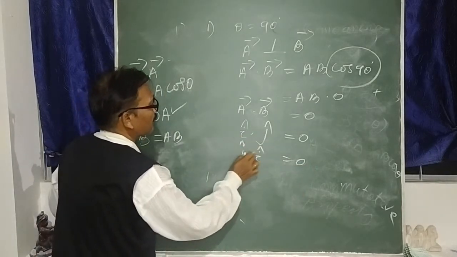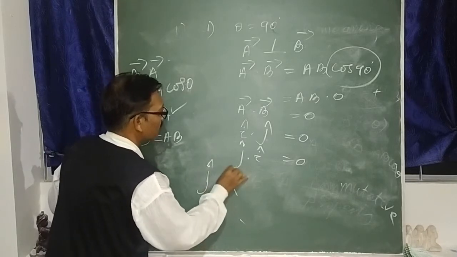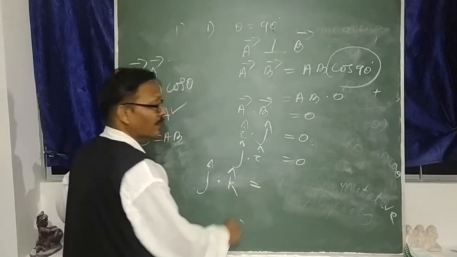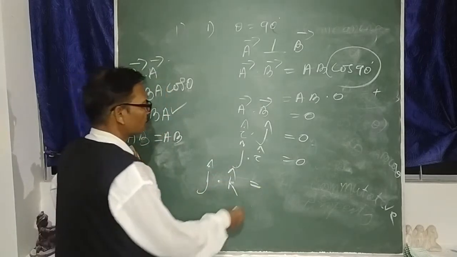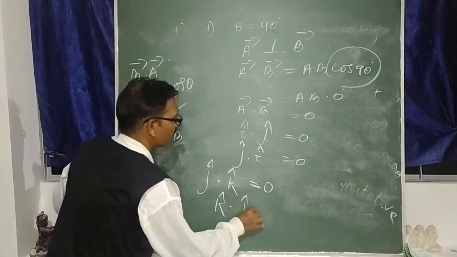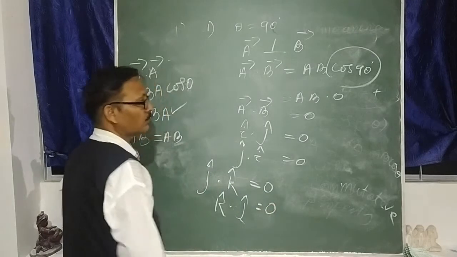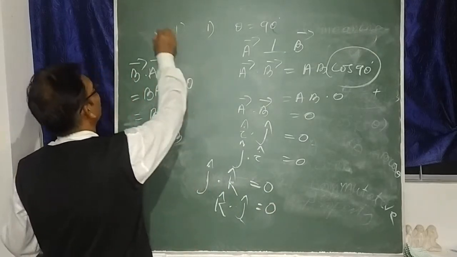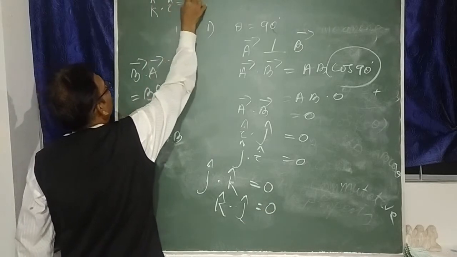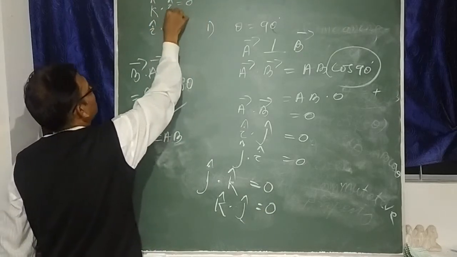I·J, J·K, you can write JK. This is called the y axis unit vector, z axis unit vector. Y axis and z axis are perpendicular, so this is equal to 0. Again K dot J, if you exchange it, then also perpendicular, 0. Similarly K dot I is equal to 0. I dot K is equal to 0.